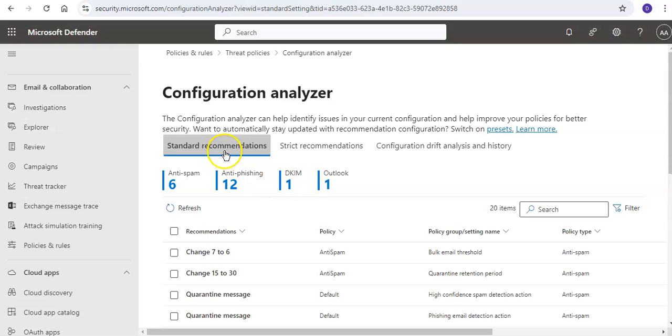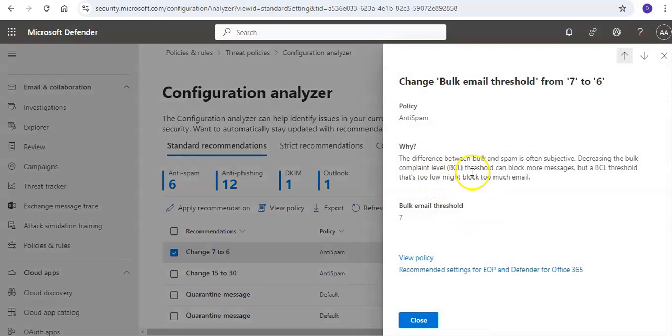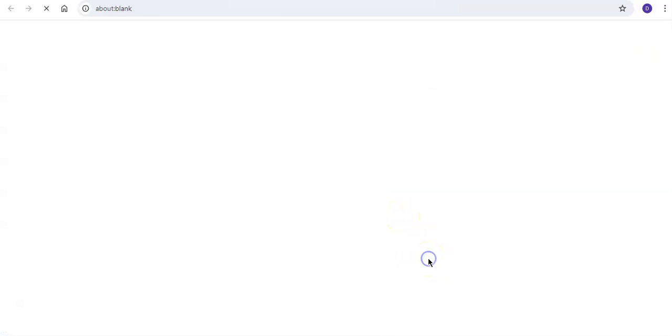The rest of the tab is the table of settings that need to be brought up to the level of standard or strict protection. If I go to standard, anti-spam policy says change 7 to 6. If I click it, it says the difference between bulk and spam is often subjective. Decreasing the bulk complaint level, which is the BCL threshold, can block more messages, but a BCL threshold that's too low might block too much email. I've set the bulk email threshold to 7. And if you view the policy,